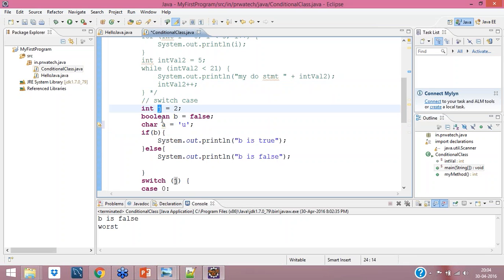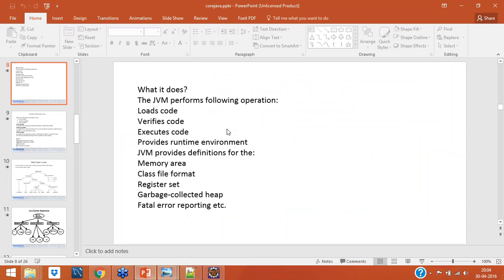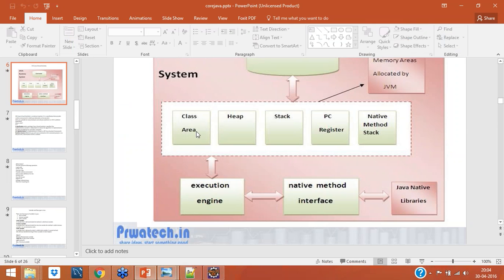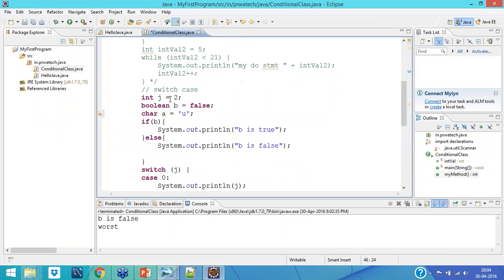That JVM I have told, so only there I have told these things. This class area will have all those fields and methods. So my method, these values, everything is going and sitting inside the class area or method area.